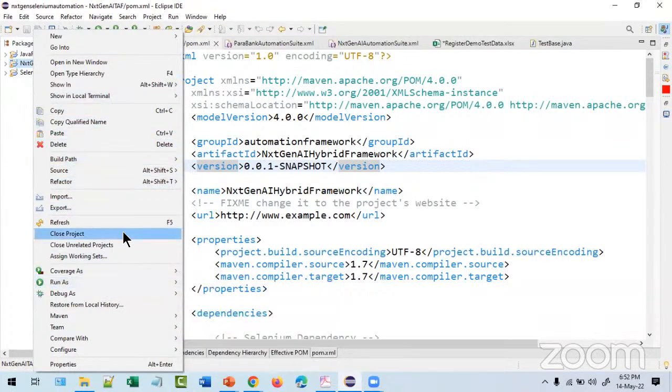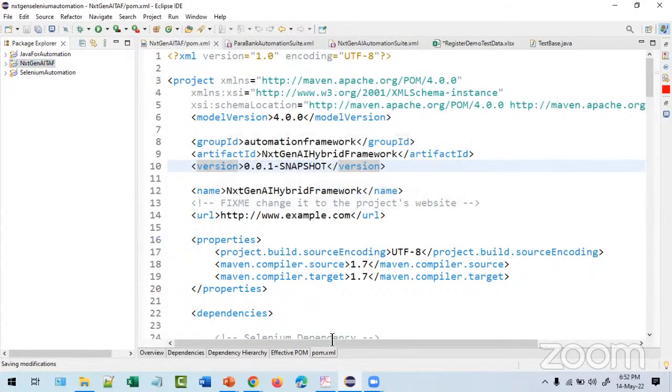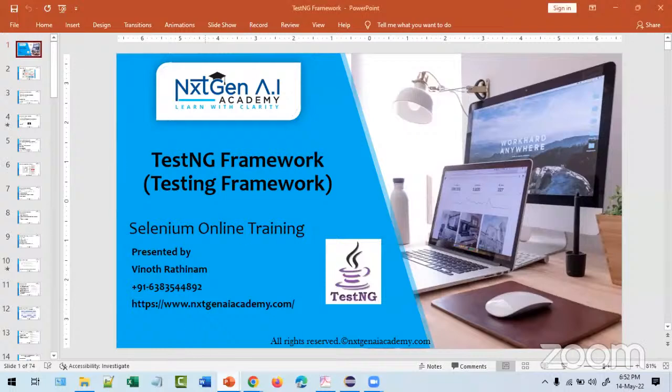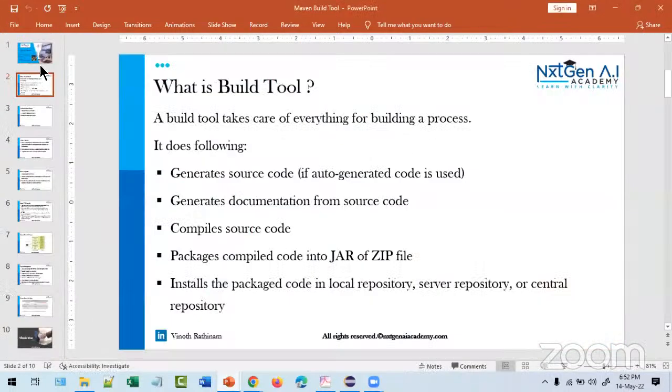Let me close this project. Now, before we move on to TestNG, we have another tool, that is a build tool. So before that, I should ask you a question.